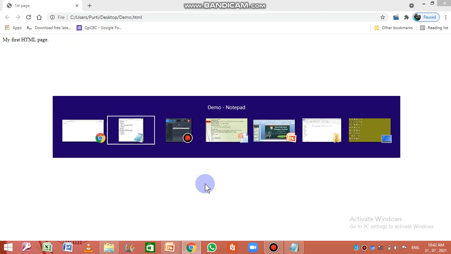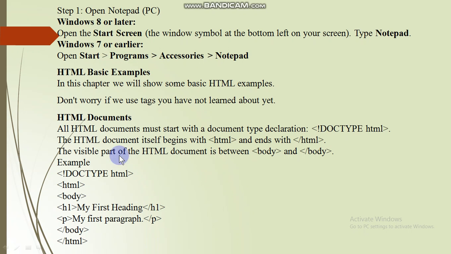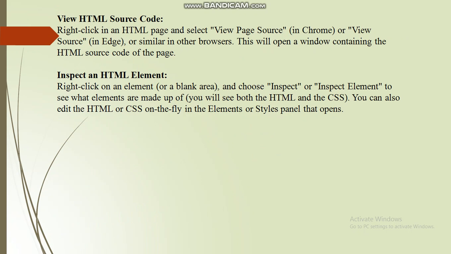Okay, moving to the slide. So this is how you create a simple HTML document. Till now we understood how to write HTML code inside Notepad, how to save it and how to run it. Moving to the next, viewing HTML source code or inspect element.